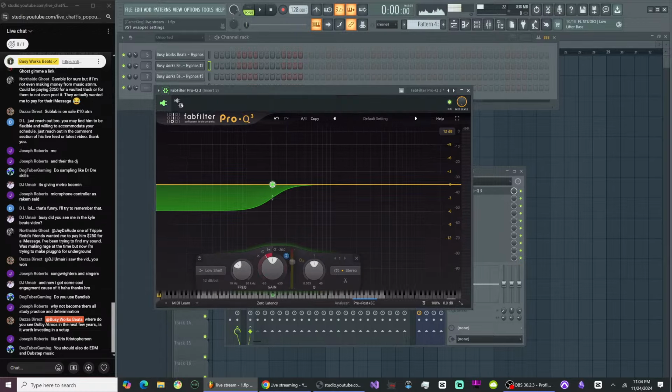Hold on. I'm super out of key. Hold on. So we don't have to worry about the key. It's just the timing of the notes.